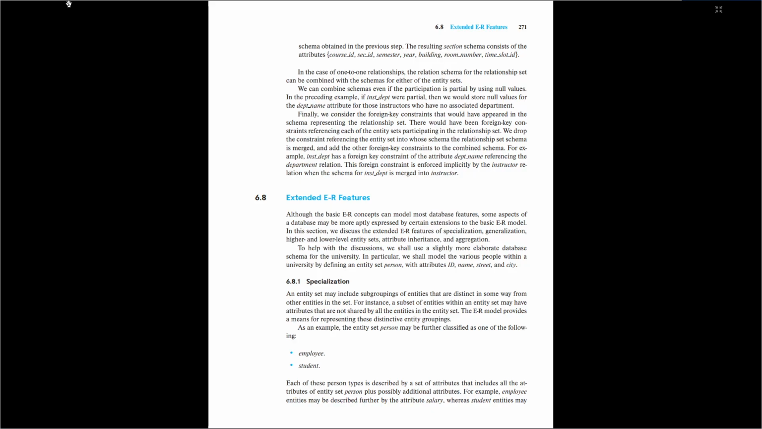An entity set may include subgroupings of entities that are distinct in some way from other entities in the set. For instance, a subset of entities within an entity set may have attributes that are not shared by all the entities in the entity set. The E-R model provides a means for representing these distinctive entity groupings. As an example, the entity set person may be further classified as one of the following: employee, student. Each of these person types is described by a set of attributes that includes all the attributes of entity set person plus possibly additional attributes. For example, employee entities may be described further by the attribute salary, whereas student entities may